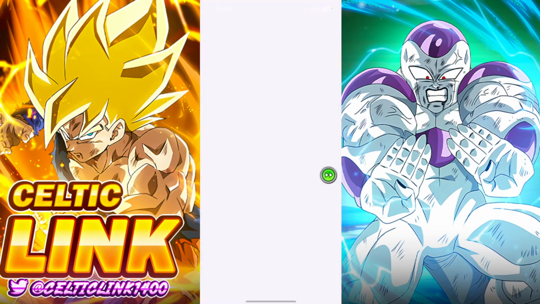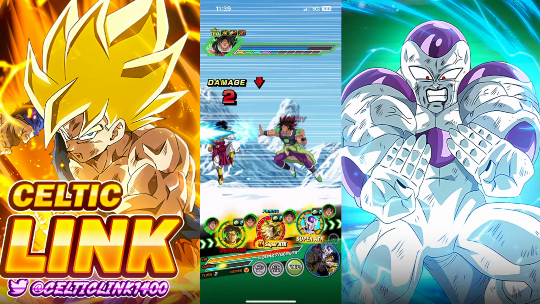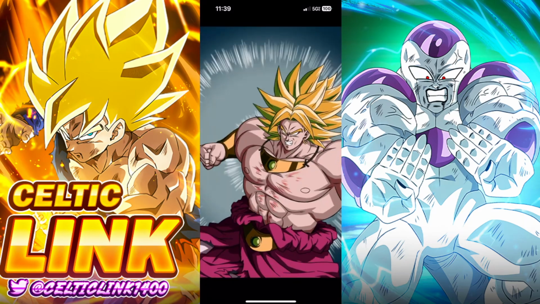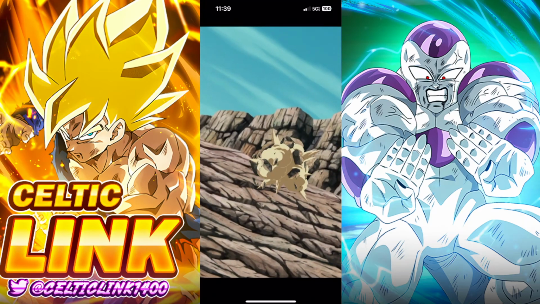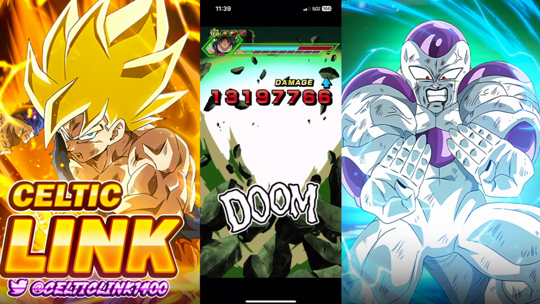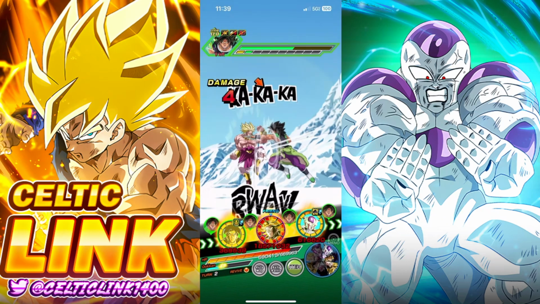Frieza is getting his passive, but he doesn't have Big Bad Bosses active. Right, and that's the other thing. With Frieza on that last turn, he didn't have Big Bad Bosses active. He's got a few links with STR Broly, actually. I think he still shows 3 links with STR Broly, so...